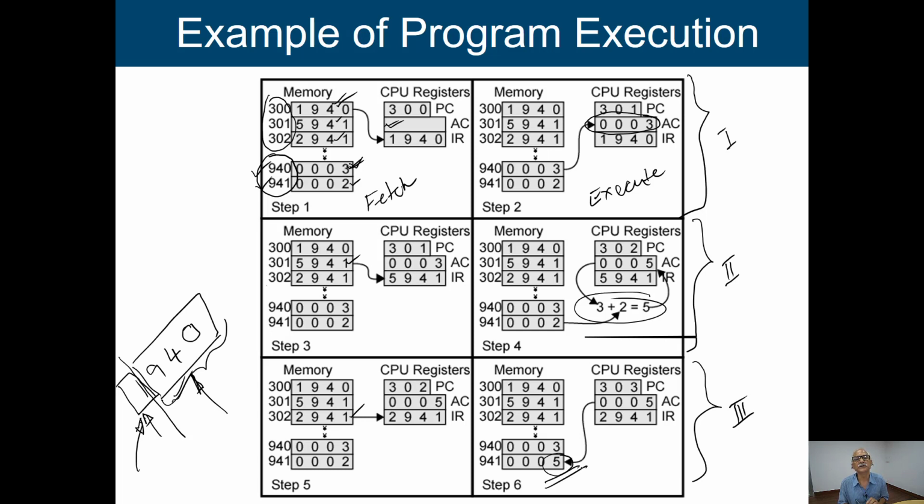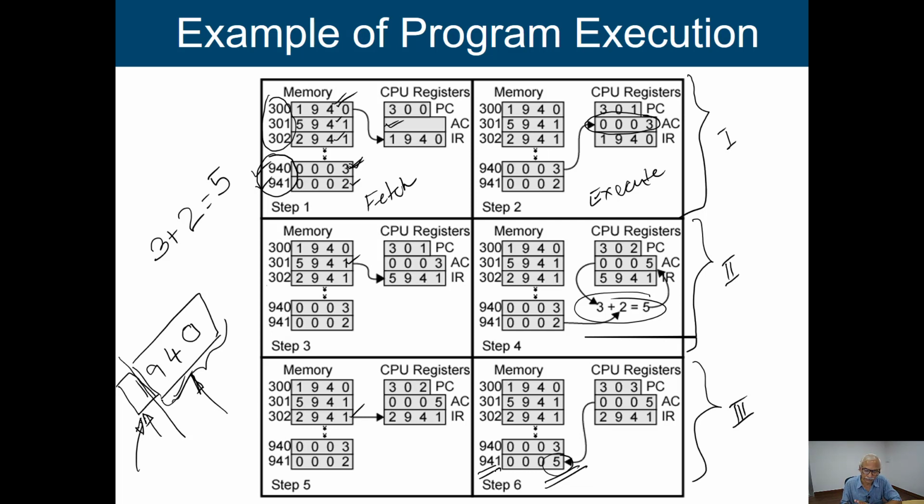That means I can interpret it like that. Basically we are going to take first data from memory location 940, which is your 3. Then we are taking the next data from next memory location 941, which is 2. We are adding them together and the result is 5, and this 5 is now stored in memory location 941. This is the effect that we are getting. Now how have we performed it?